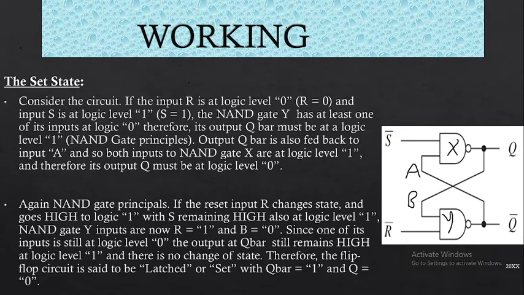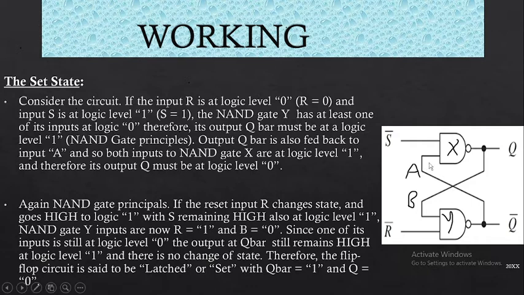So for the Y NAND gate, the output, that's Q bar, becomes 1. This Q bar is also fed back to input A,